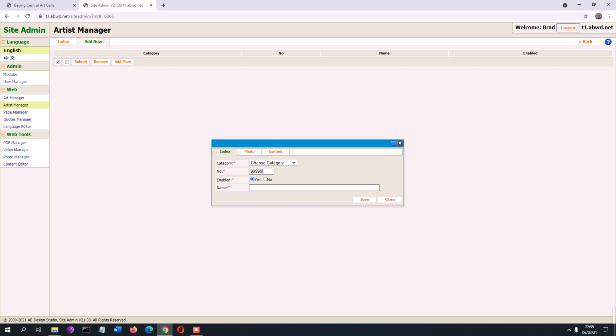But I would probably start from the bigger numbers, because just in case I wanted to put some artist in front of this artist, I wouldn't run out of numbers, so I would probably give him like